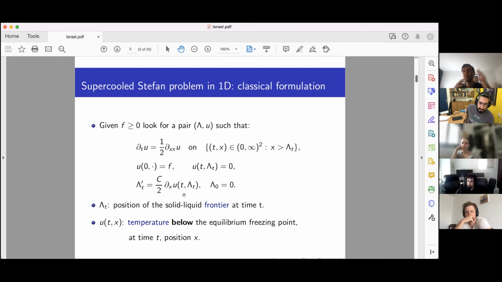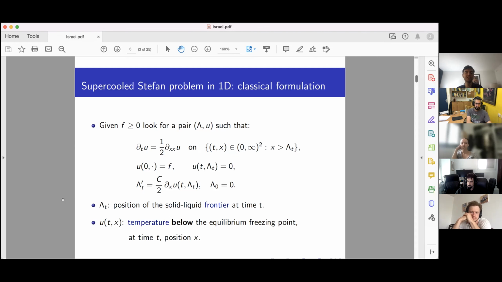That's the one which connects how the domain changes to the temperature, and is known as the Stefan growth condition. What it says is that the rate at which the ice will advance is proportional to the gradient of the temperature at the boundary. So depending on how quickly the temperature decays as you look into the water, the quicker it decays, the quicker the boundary will move.